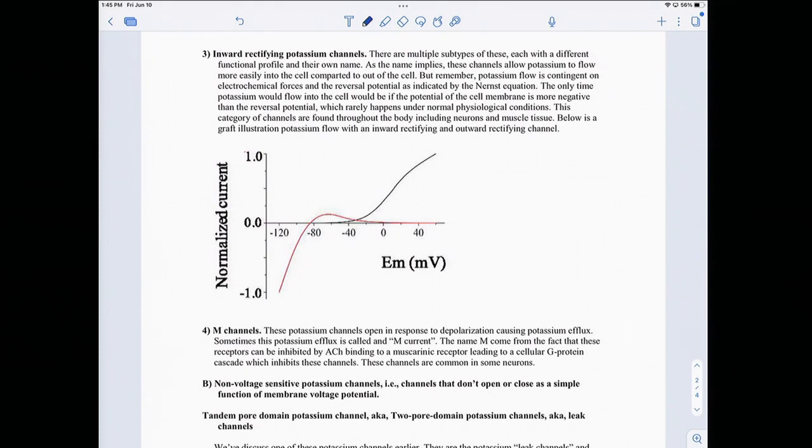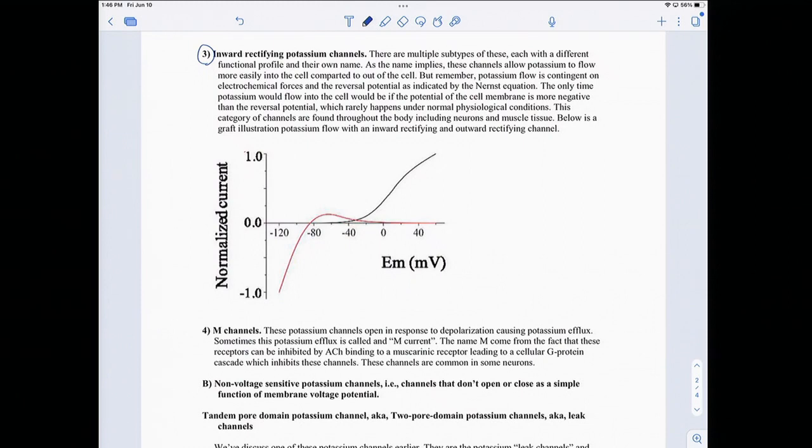Okay, so we're involved in talking about the voltage sensitive potassium channels. I want to go to the next category, which we would call inward rectifying potassium channels. Just as a reminder, inward rectifying means that the potassium has an easier time going into the cell than it does leaving the cell. But again, as I said last time,